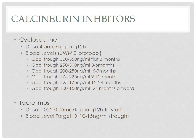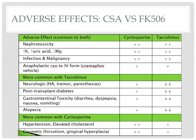The tacrolimus level is usually between 10 to 15. And then this is just a general guide for you to know how much a patient will need for tacrolimus. It's about 0.025 to 0.05 PO q12, but we usually start a little bit lower to bring them up slowly, just to make sure their kidney function tolerates it. So some of the side effects with cyclosporin, there are,